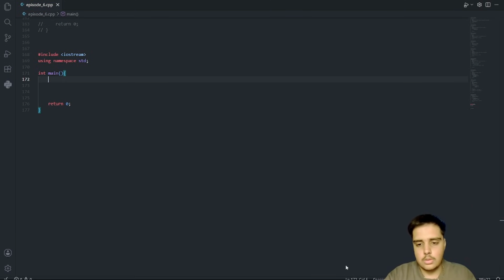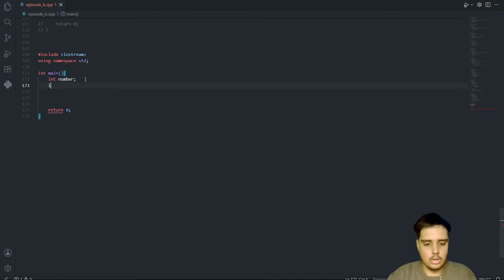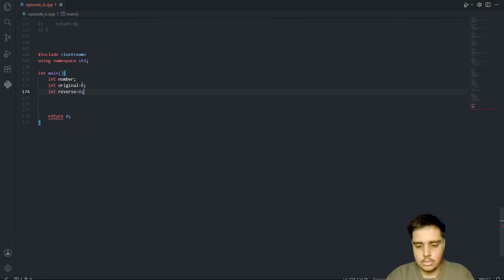So here I will say firstly int number, int original equals to 0, int num, and int reverse is equal to 0. Original is just declared.